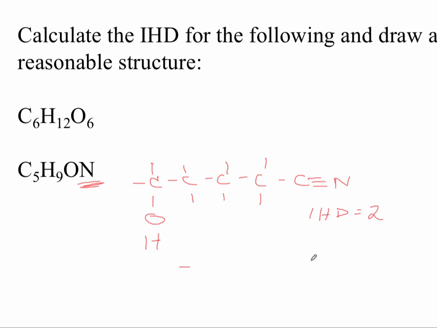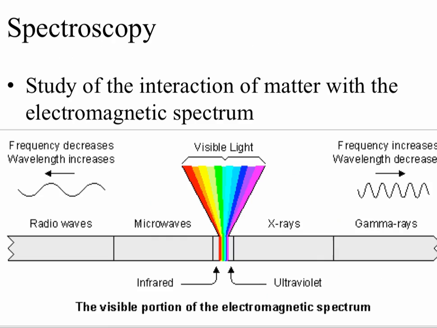Okay, so let's look at the math. 2 times the number of carbons, that's 2 times 5, plus 2 minus the number of hydrogens, plus the number of nitrogens, all over 2. 2 times 5 is 10, plus 2 is 12, minus 9 is 3, plus 1 is 4. 4 divided by 2 gives me 2. Again, I would opt towards the drawing as opposed to memorizing